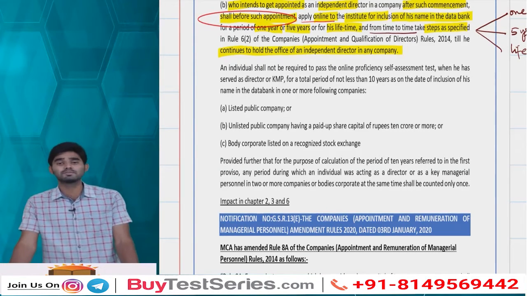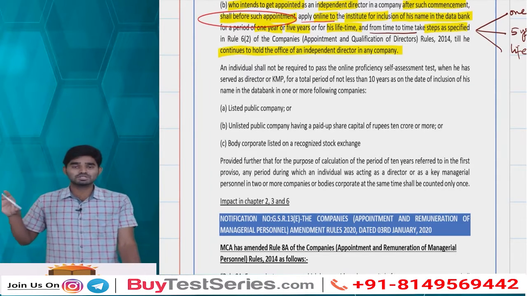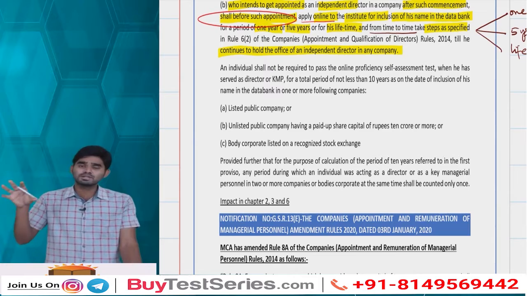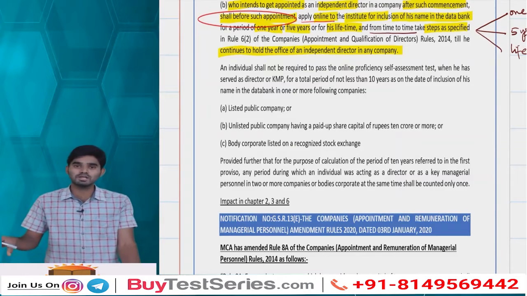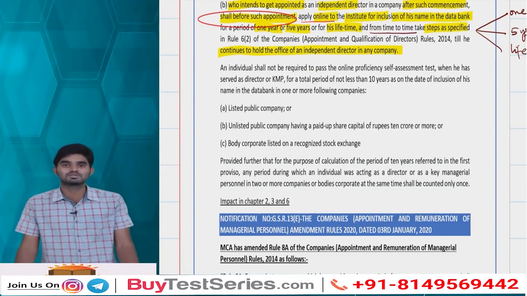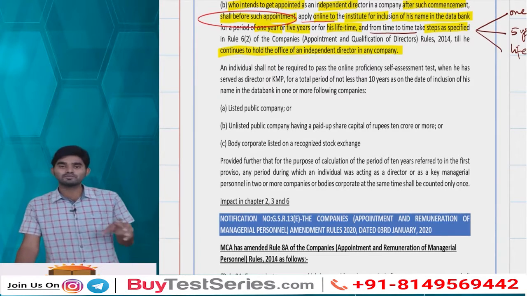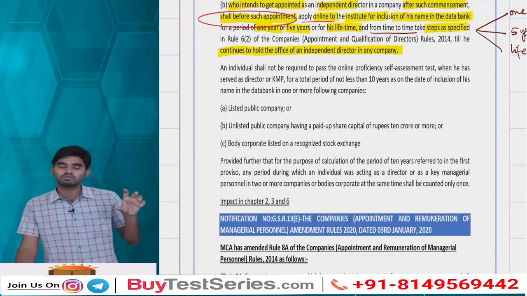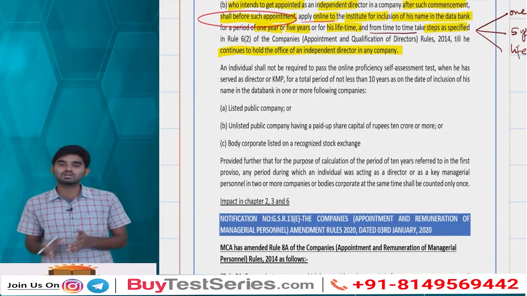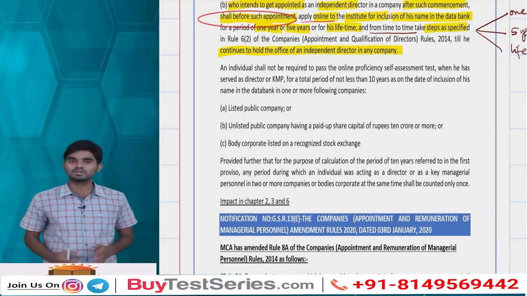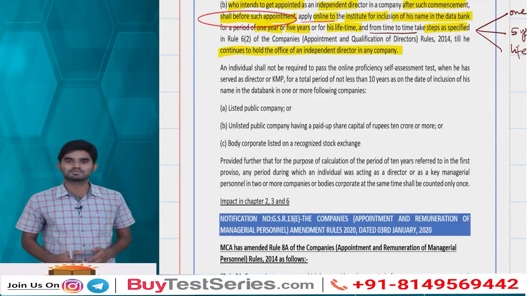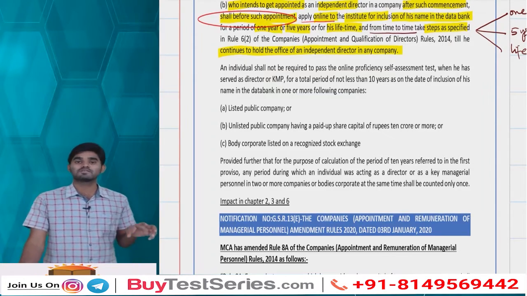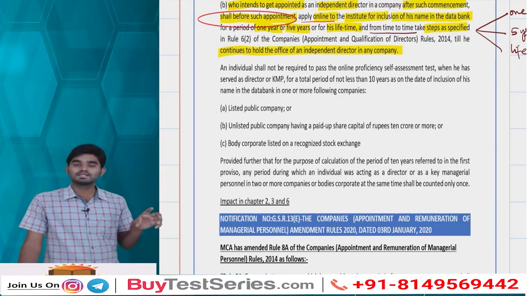Sir, why does this independent directors examination come? Sir, independent directors of a listed company have some expected role and responsibility. They need to check on the progress of the company, and also with respect to the financial and non-financial terms, it is expected that independent directors possess certain qualities and qualifications. They possess particular knowledge in that field. They should have knowledge of the corporate laws. So in order to maintain that, in order to escalate the board structure, the proficiency of the board of listed companies, the Ministry of Corporate Affairs has come up with this: whoever intends to get appointed as an independent director